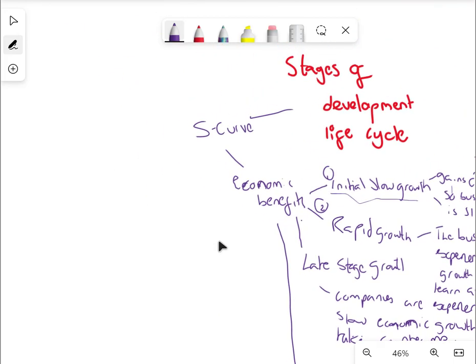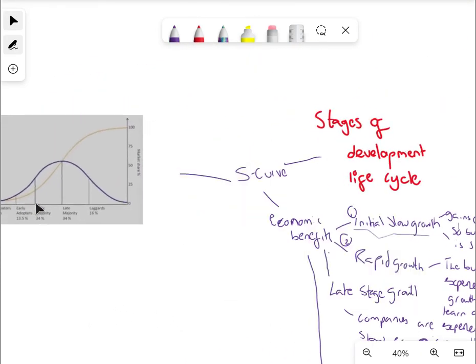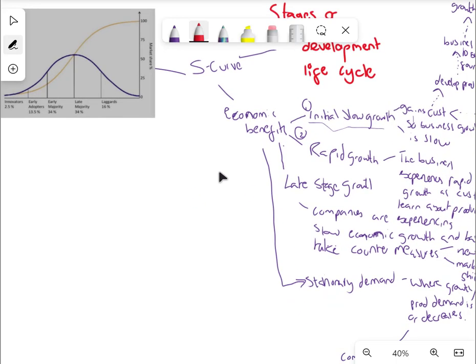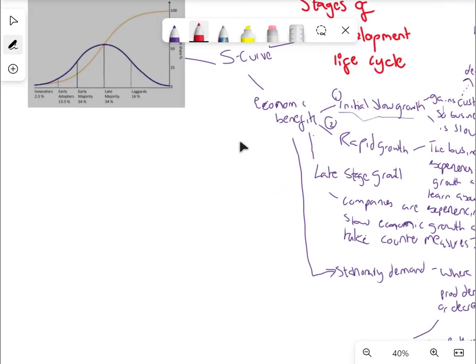Now, if we're talking about the S-curve, which is what we're doing, we know that the S-curve looks like this. With 4 stages, and we know about these 4 stages. I'm not going to go into any detail about the 4 stages. So you've got your 4 stages. You've got the very fact that the S-curve can provide economic benefit, but it also allows us to classify. So really, you can say these are connected together, and from this we can classify